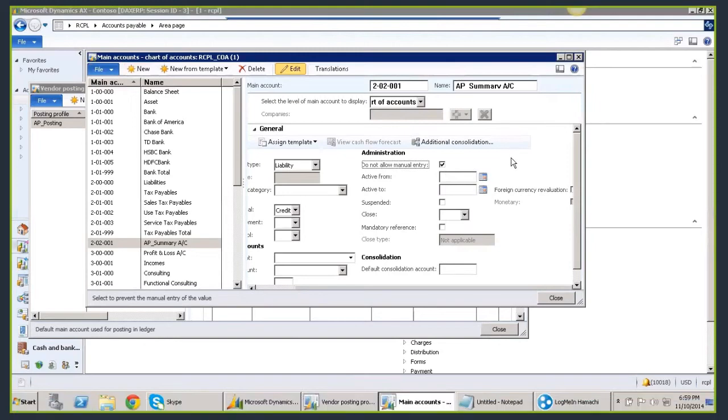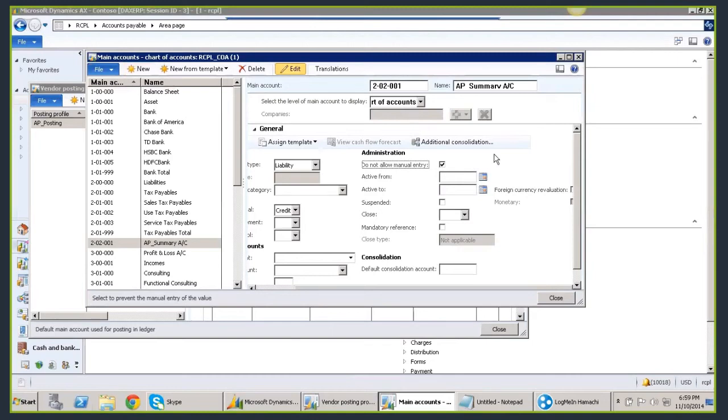In 2009 the advantage is that whether you check this or not, the moment you assign any ledger account in the summary account field, the system automatically checks this one. But if you are supporting a 2009 company as a consultant, then you have to mandatorily check this.